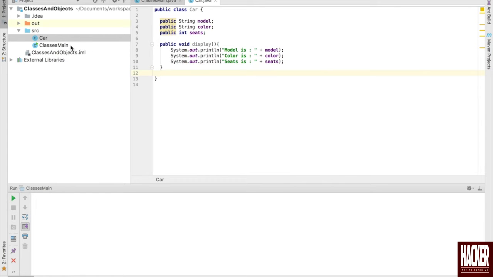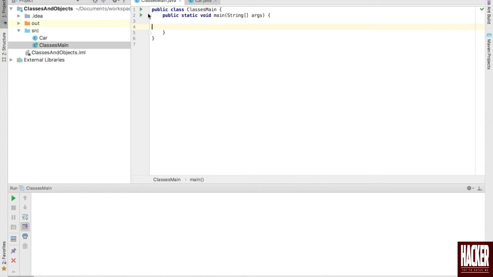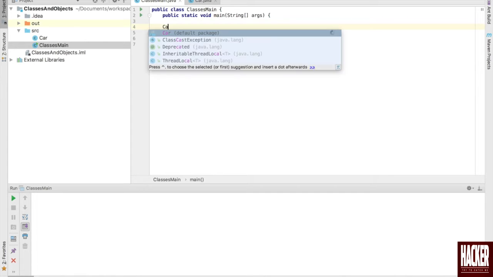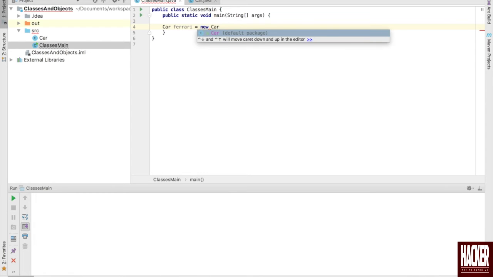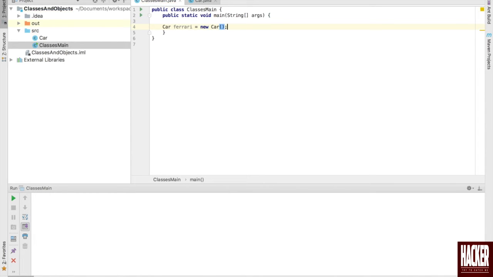For creating objects, I'll go to my main class, and to create an object I'll type the class name, then we have to write the object name. So I'll write Ferrari, put an equal to sign, and write new and the class name again along with a set of parentheses. This is the syntax, and this is how you create an object in Java.